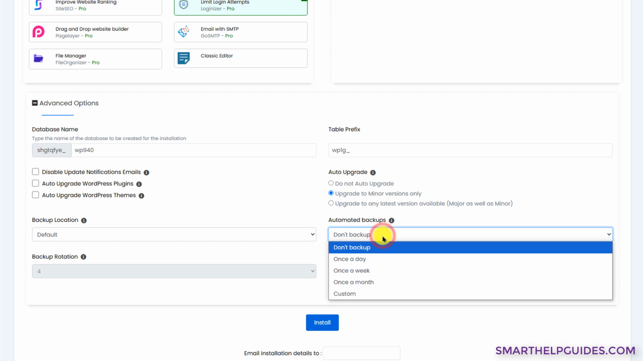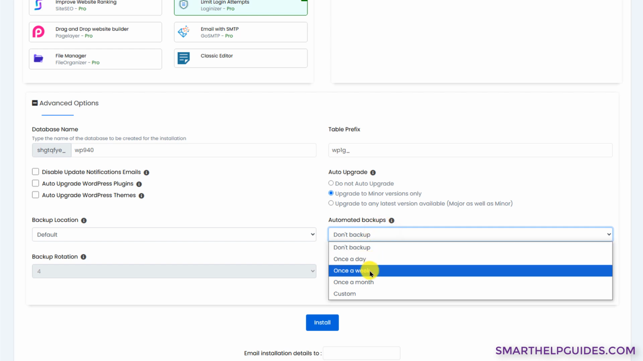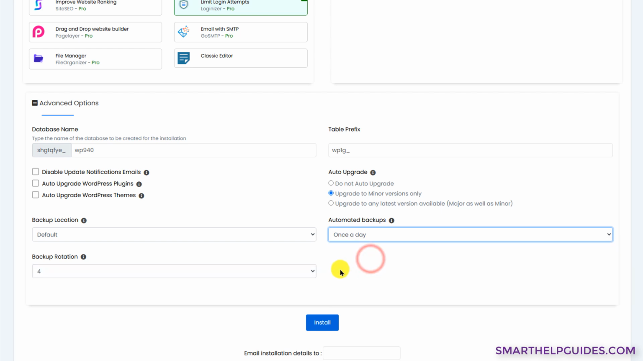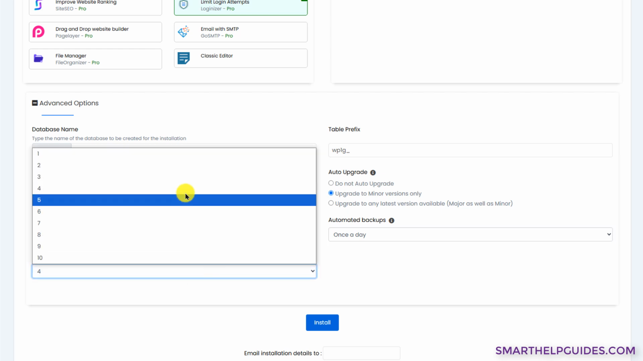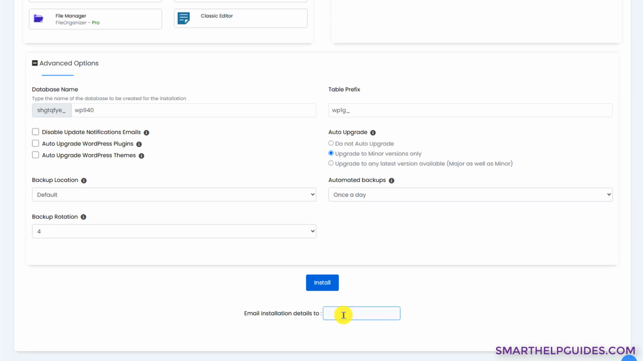And in automated backups, I will select once a day or once a week depending on how frequently your website content changes. For example, I will select once a day, and in backup rotation 4 is fine. So basically it will create 4 backups and then delete the oldest one, then start creating new backups. So at any given point of time there will always be the previous 4 days backup available. Then again put your working email ID here, click on install,